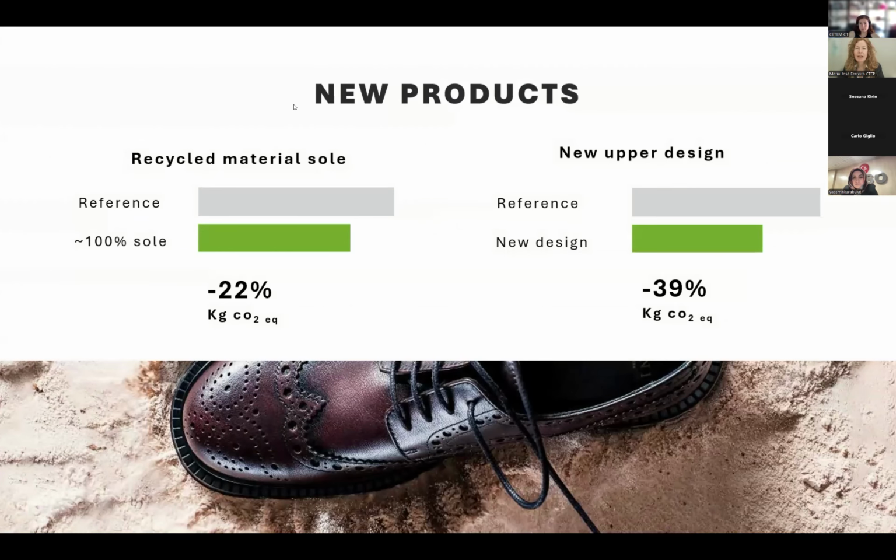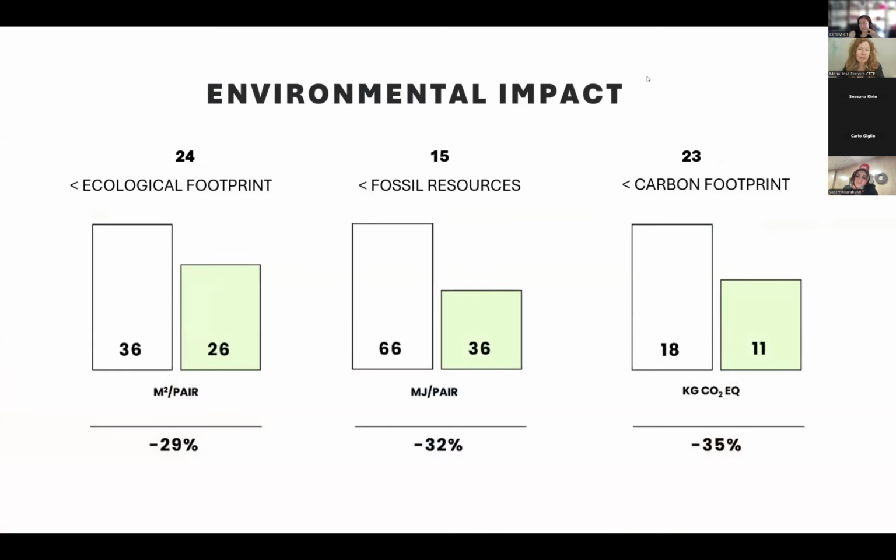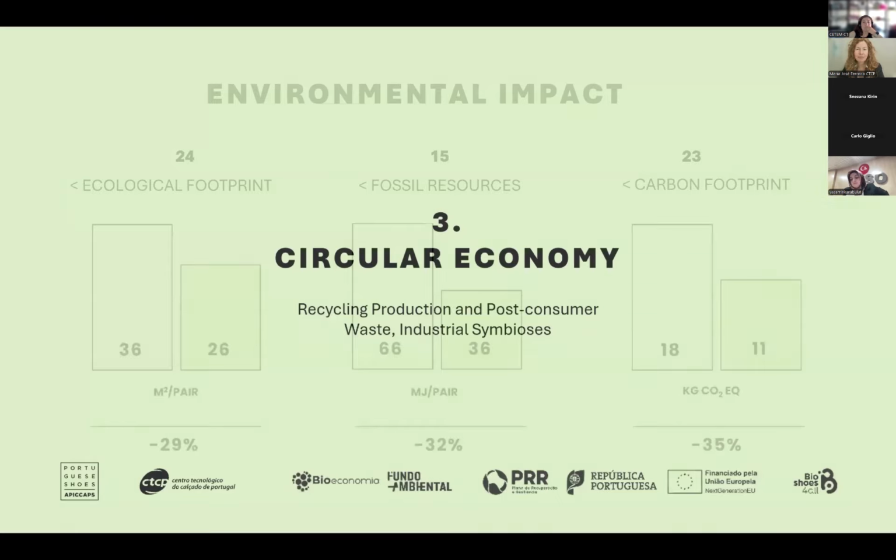With all of this, we design new products in order to reduce really and definitively measuring the environmental footprint. This is one of our work and expertise at CTCP, calculating the footprints and tuning the development and production of the products in order to decrease them, as you see in this example. In this particular project, you see here the number of products, 25, 24, 15, and 23, that we have been able to deploy, reducing several of the impacts.